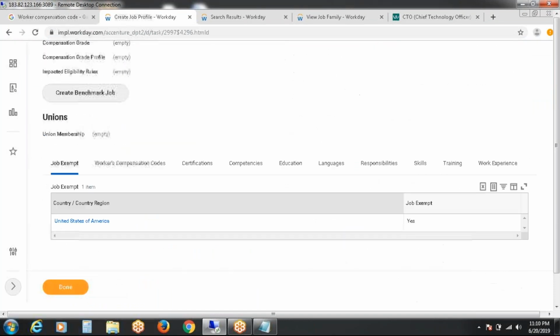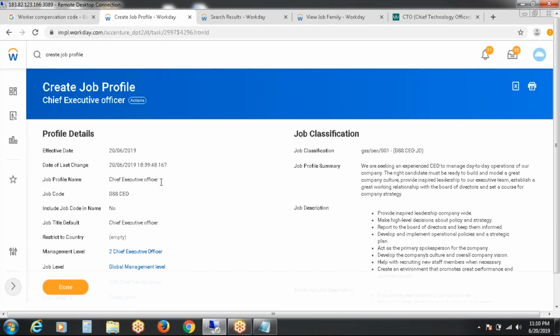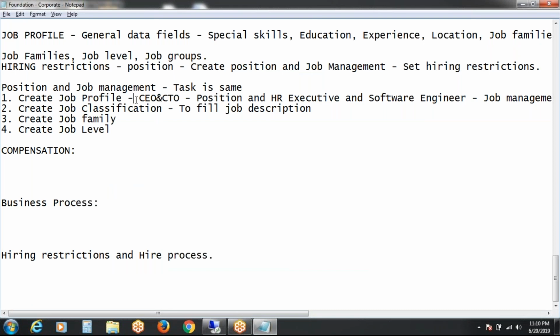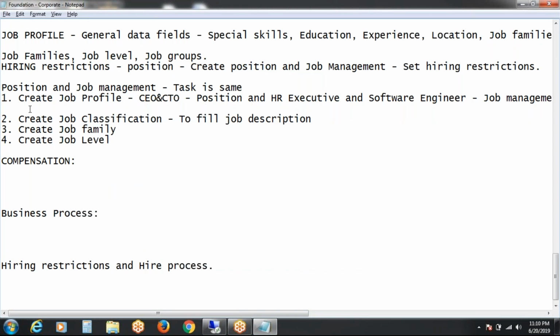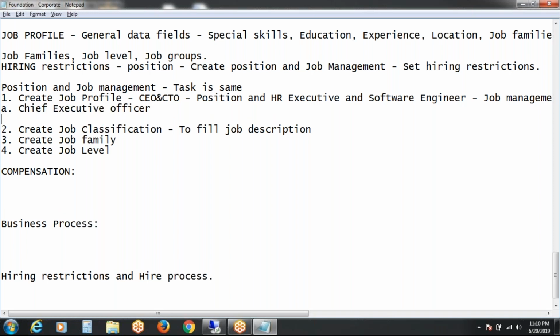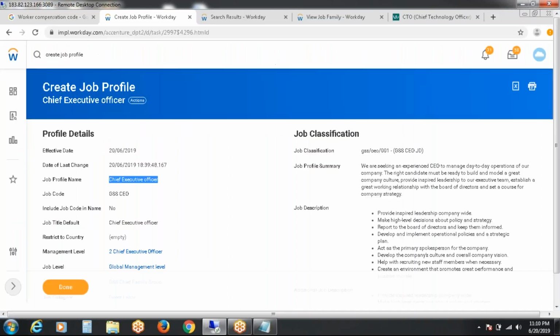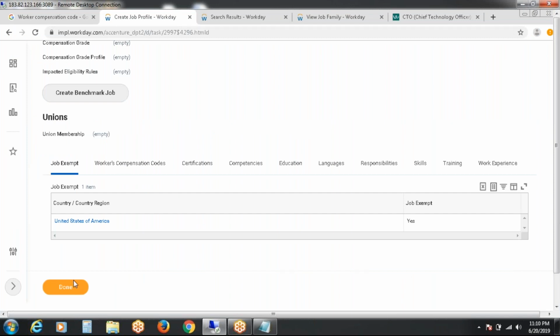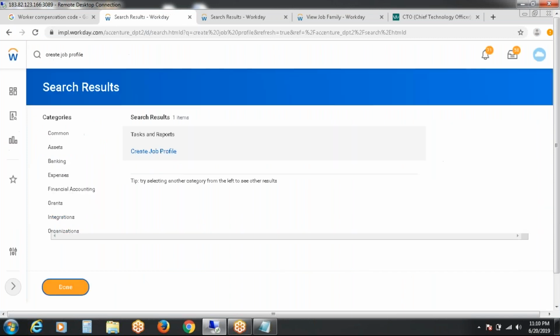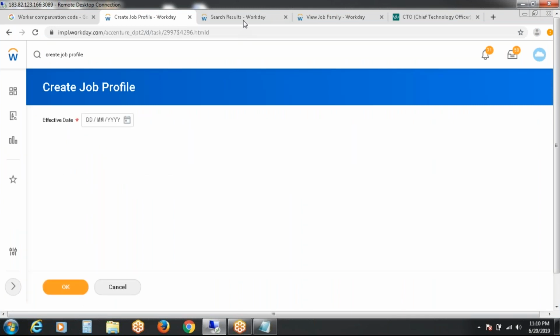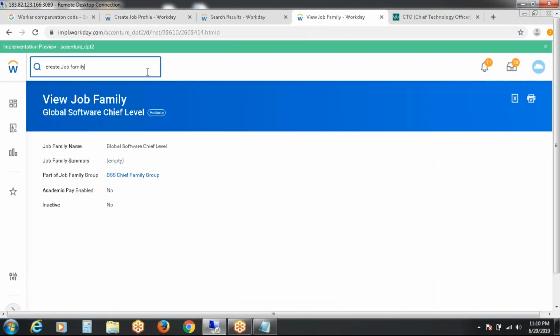Now we have created one job profile. Create for CTO also. Create a job description and job classification for CTO.